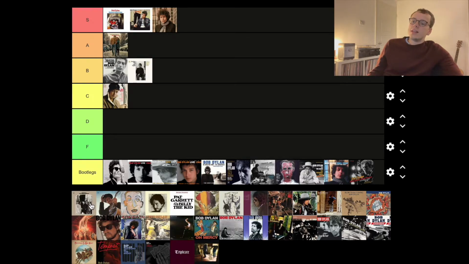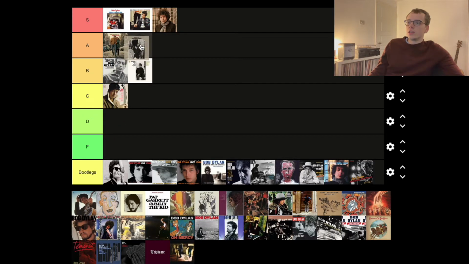And I think this is probably the most underrated Dylan album. It's not that it's underrated necessarily, but it's not talked about enough. Now, do I think it's an S tier record? No, I don't, so it's going to go in the A tier. But so many great songs on there, and just a really stripped back Dylan album, but it does have some really interesting instrumentals as well, so I think A tier is where it belongs.